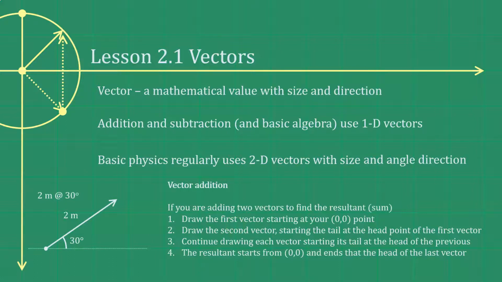A very common thing to do when working two-dimensional vector problems is to find the set of vectors that are at a right angle to one another that add up to your angled vector. Okay, so here I have a 2-meter vector at 30 degrees. I could find a set of vectors that I can add together that are at a right angle to each other. It's going to make this into a right triangle problem. And if I add together x plus y with basic vector math,